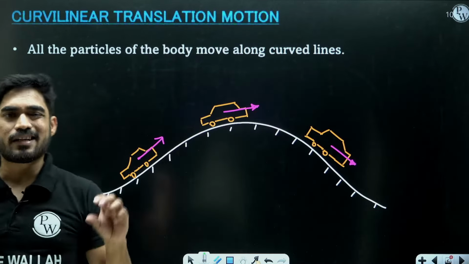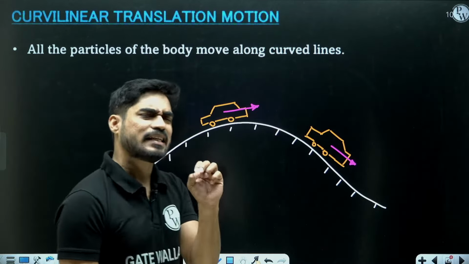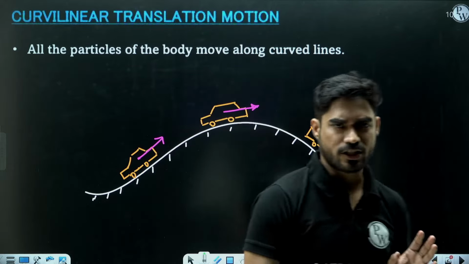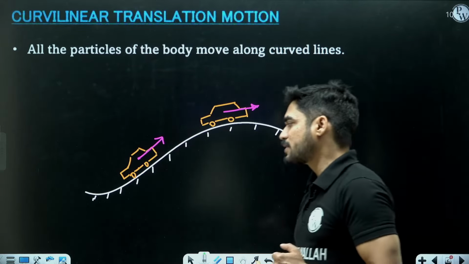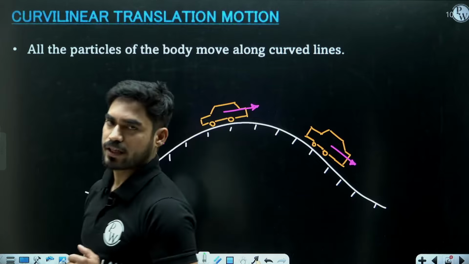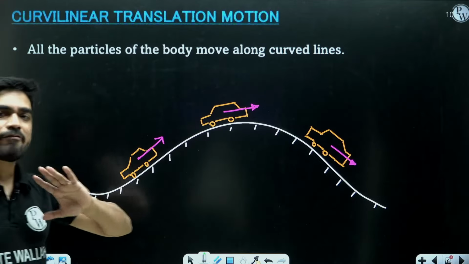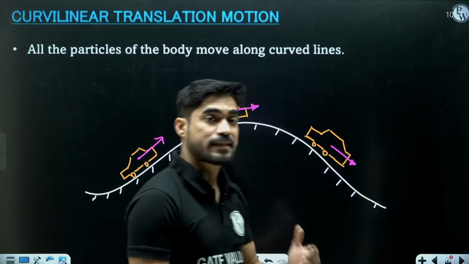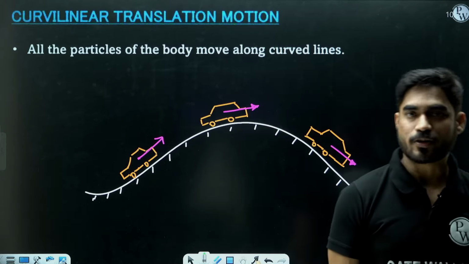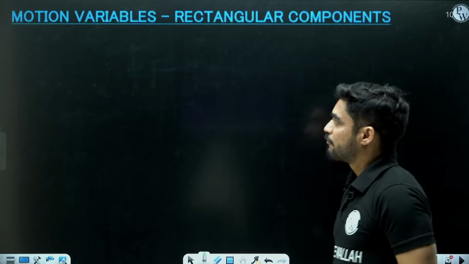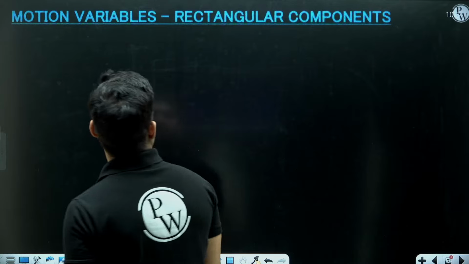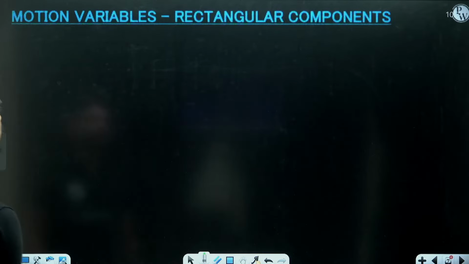The motion variables here will be slightly different than rectilinear translational motion. Why? Because in rectilinear translational motion everything was happening in one dimension, and here everything is happening in two dimensions. So the first motion variable that we are going to see will be